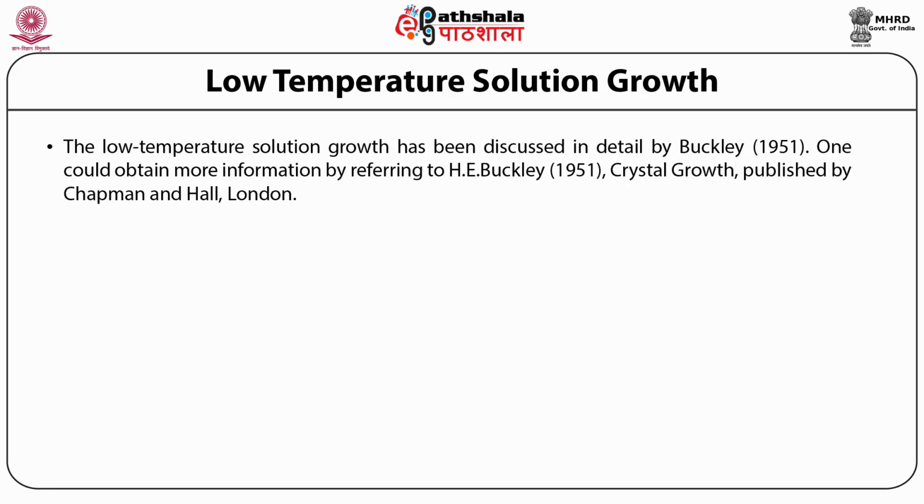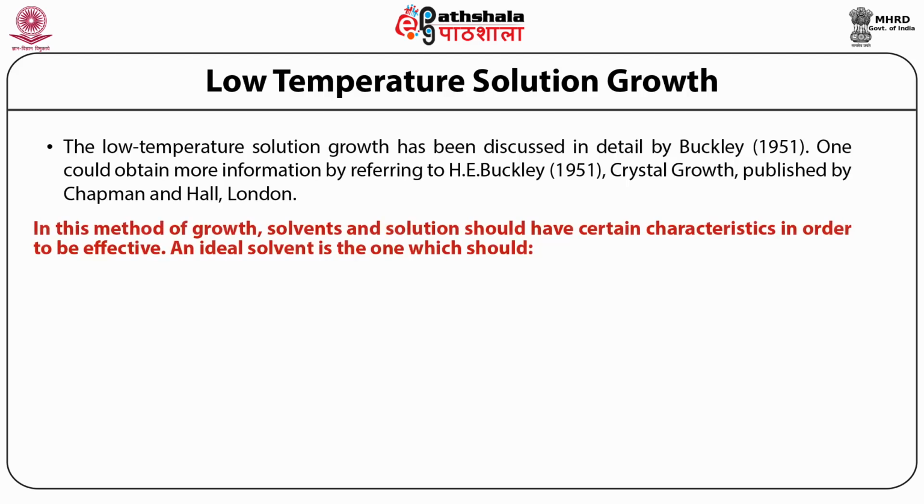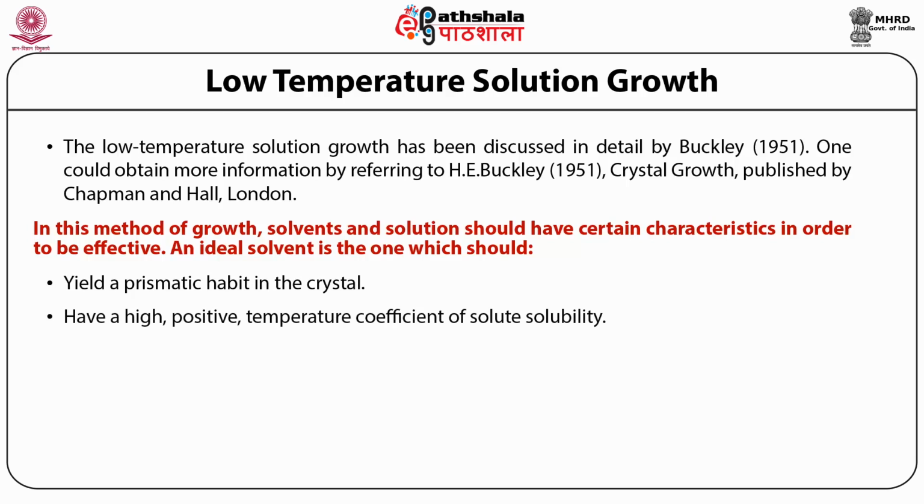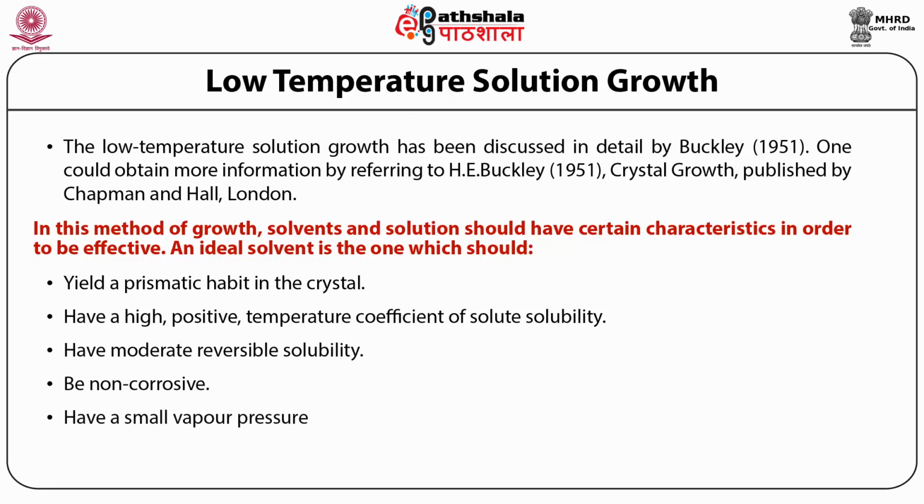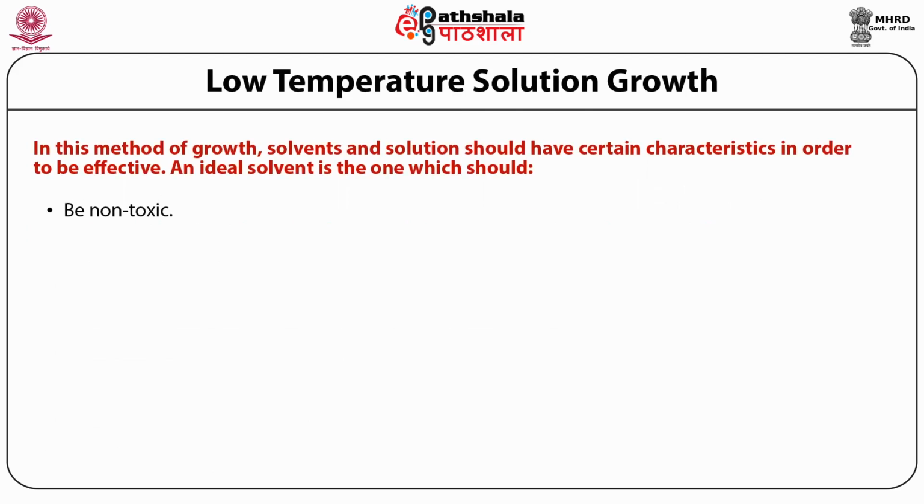Buckley, 1951, Crystal Growth, published by Chapman and Hall, London. In this method of growth, solvents and solution should have certain characteristics in order to be effective. An ideal solvent is one which should yield a prismatic habit in the crystal, have a high positive temperature coefficient of solute solubility, have moderate reversible solubility, be non-corrosive, have a small vapor pressure, have low volatility, be non-toxic,